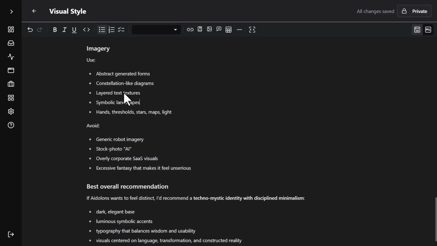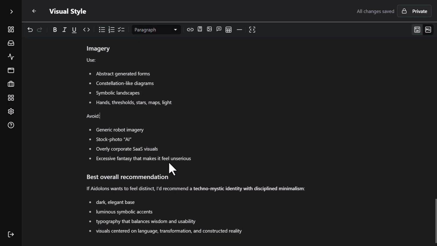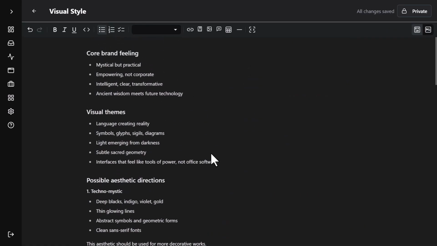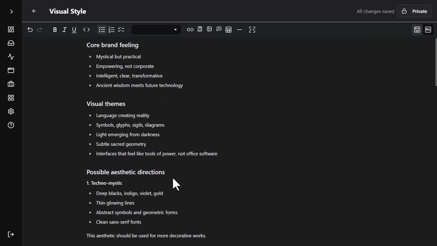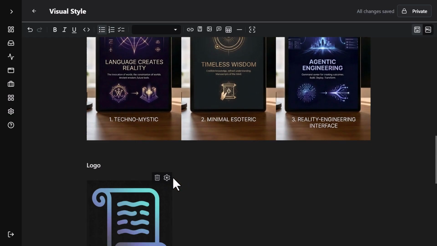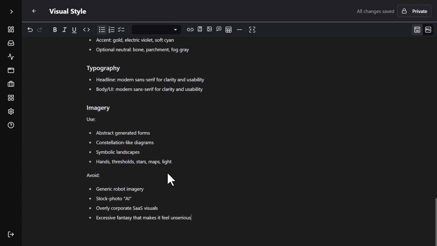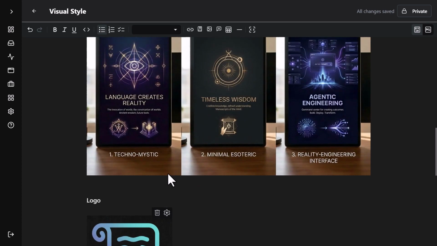All right, so I think that's good, but I think we need to get rid of layered text textures. Avoid, these are all good things to avoid here. And this last part, this is just a recommendation. We don't actually need this in our style guide. All right, excellent. So we started out with a document that was already pretty good. Honestly, I didn't have to do that much to this document to fix it, but it was absolutely worth the time that we took, because now the stuff that's generated from this document is going to be clean and consistent, and we can expect good results every time.